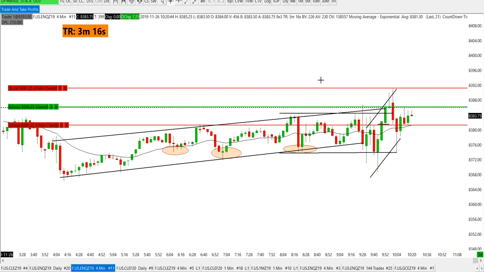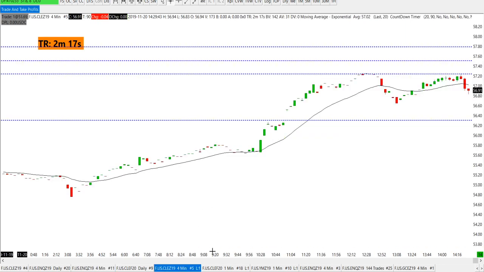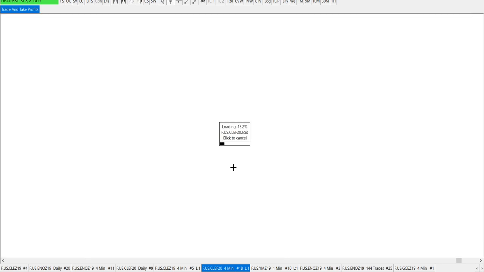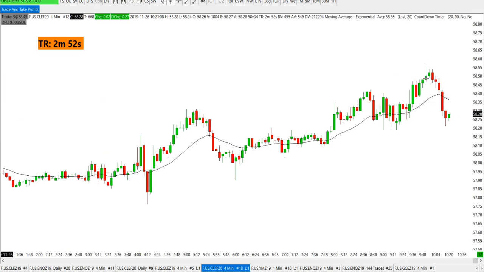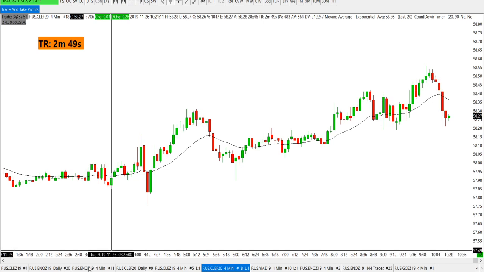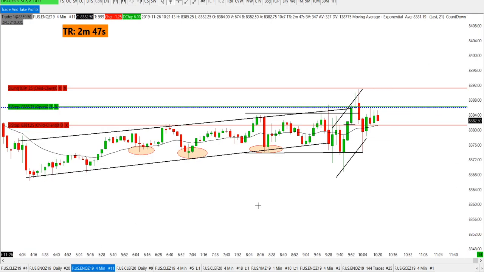For Nasdaq, man, this looks like a slow market. I usually trade the crude oil. I switched yesterday. Crude lately has been very, very slow. Let me see what crude is doing right now. Crude is looking horrible too. Goodness gracious. Yeah, that's why I switched to Nasdaq, because Nasdaq usually gives you some more volatility. Okay.